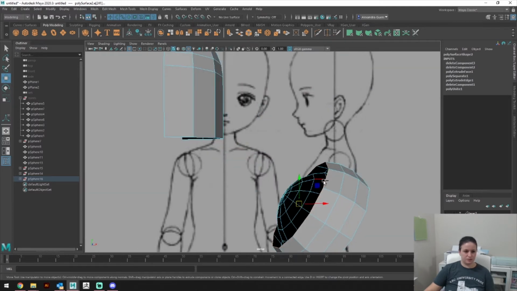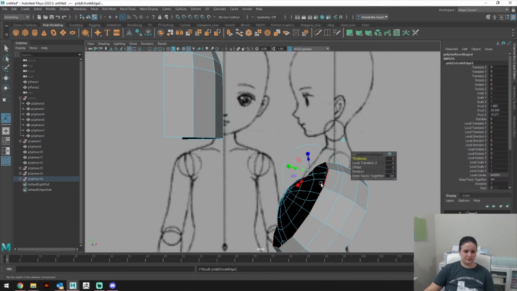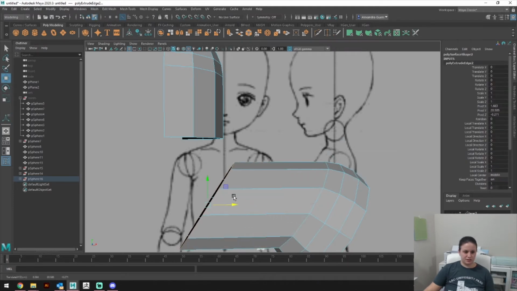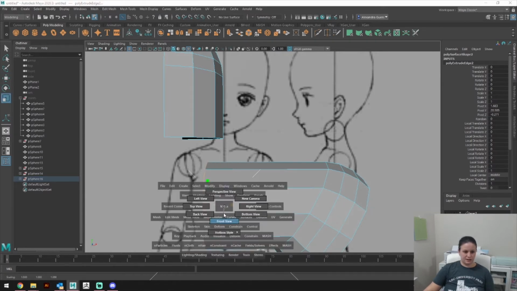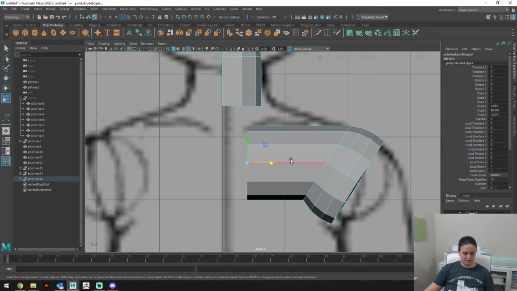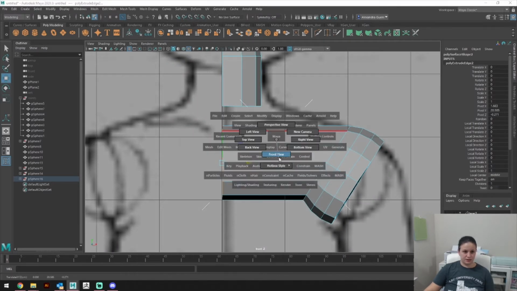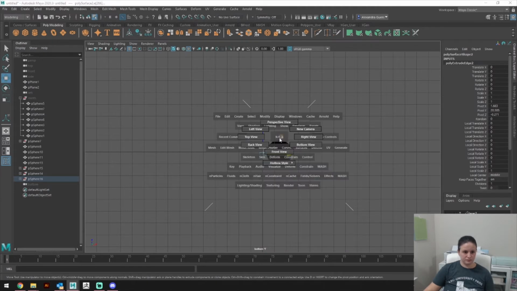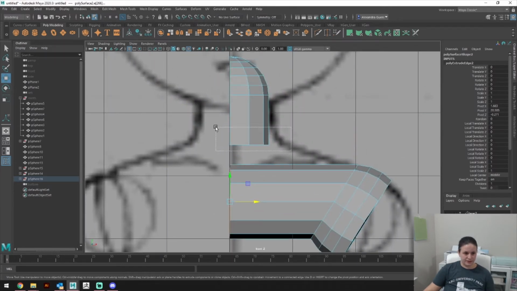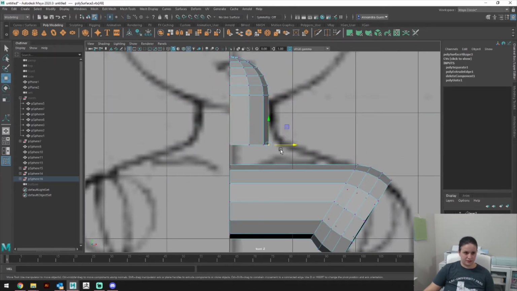So I'm going to click the edges for this bicep, and then I'm just going to extrude it, press R, make sure that it's, then press W. Now we have it going straight down. I'm going to grab the verts on this, press V,